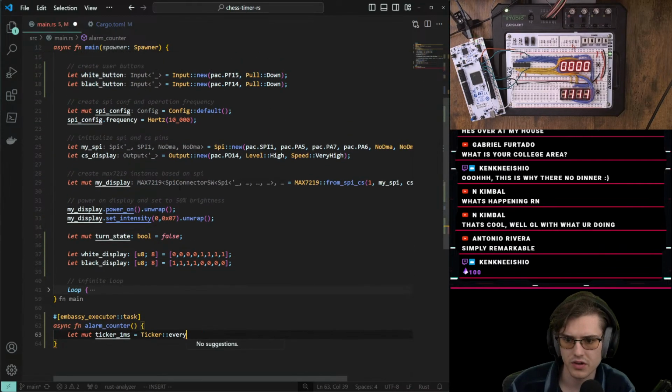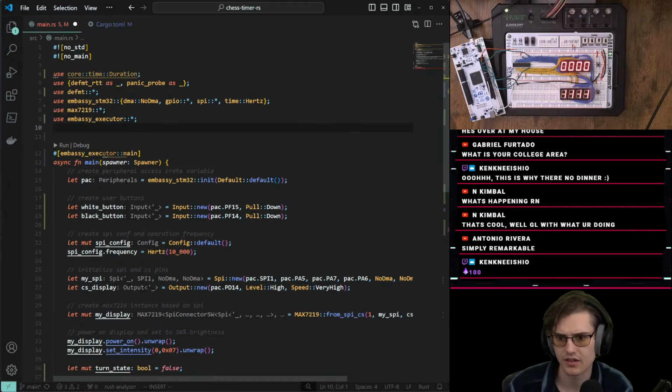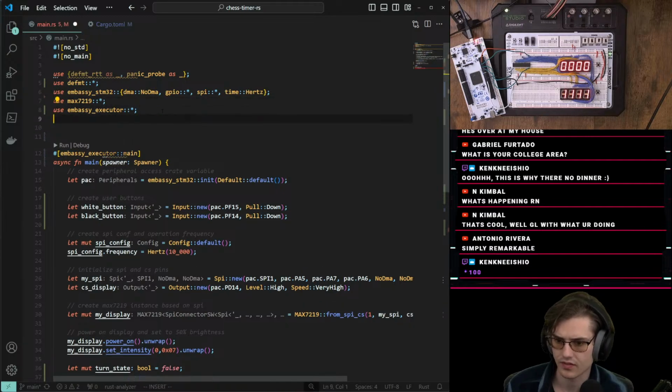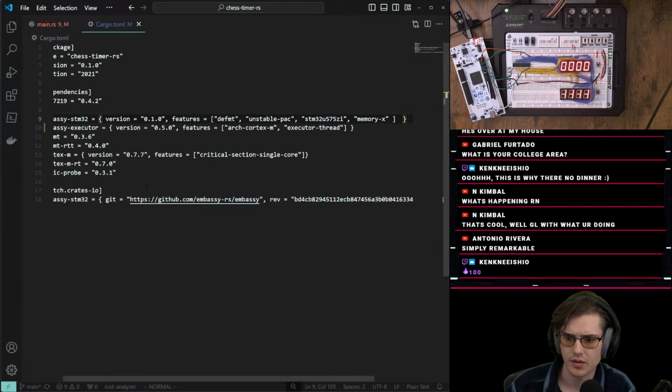So it's not showing me anything because I didn't import it. I need to import it from the Embassy library. Is Embassy previous timer? And we need to update our